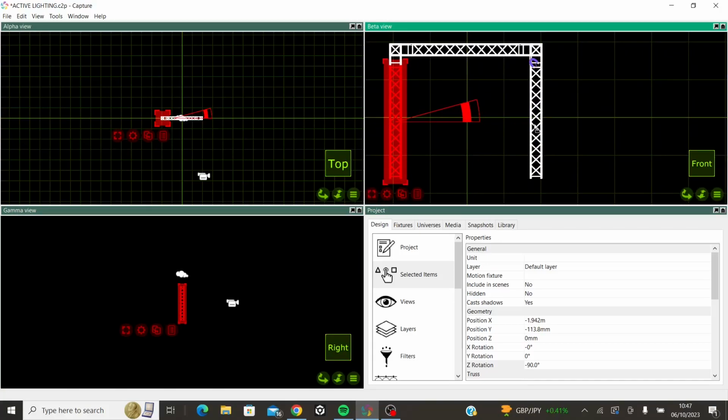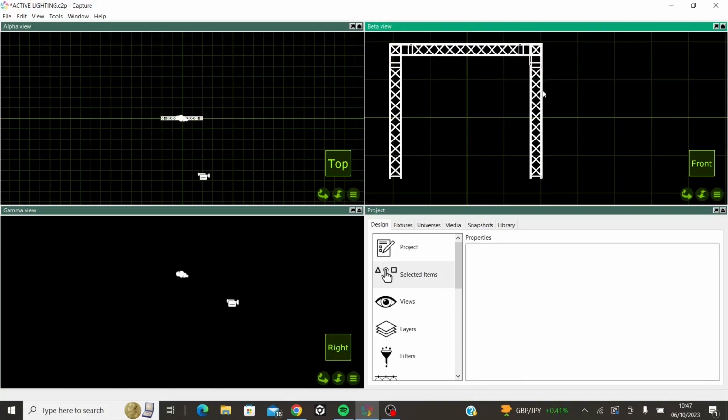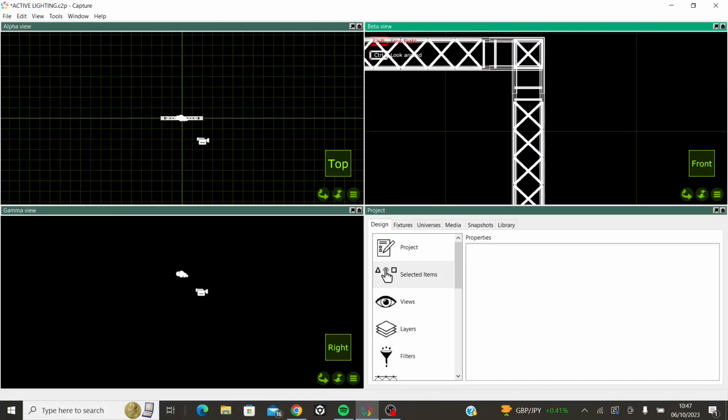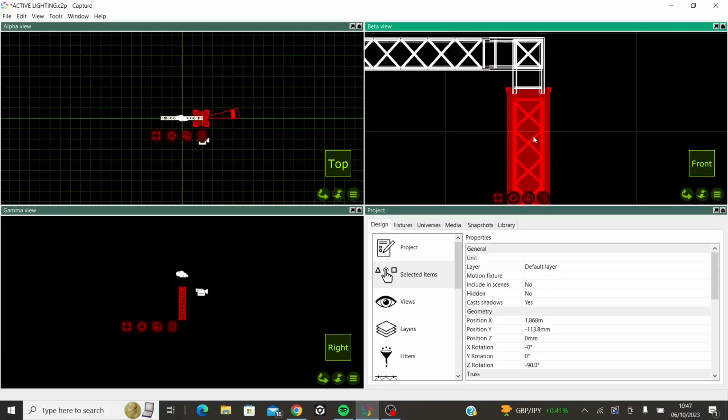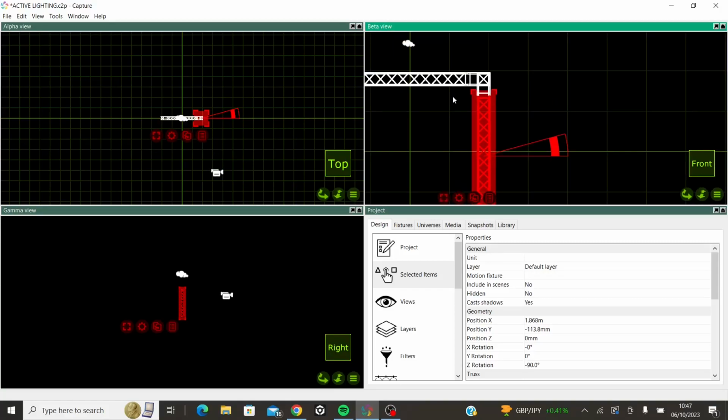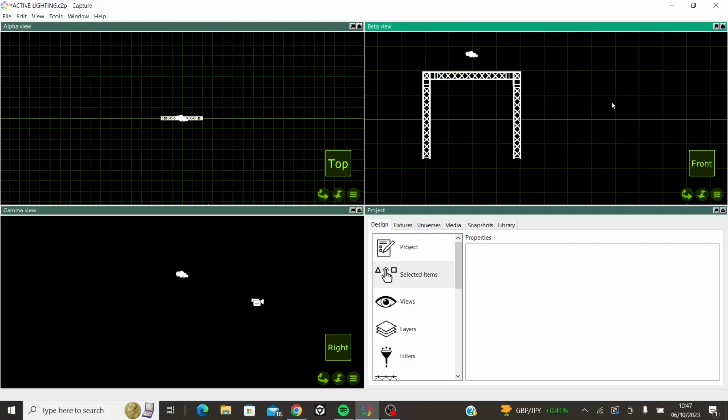Same thing again. Yeah, perfect. So we've made our very simple truss design, and in the next video we'll be going on how